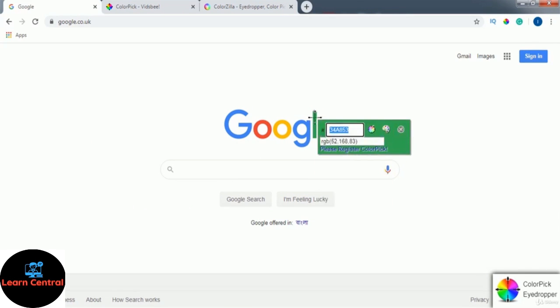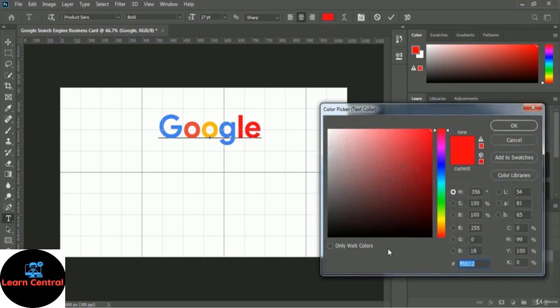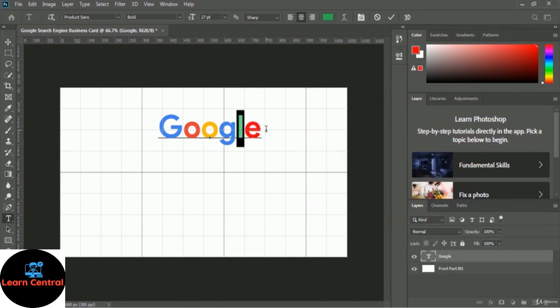So just have to select the L, and here is the color picker option. Let me paste the L. Okay, it really looks awesome, but we have to delete this E alphabet, because if you take a look